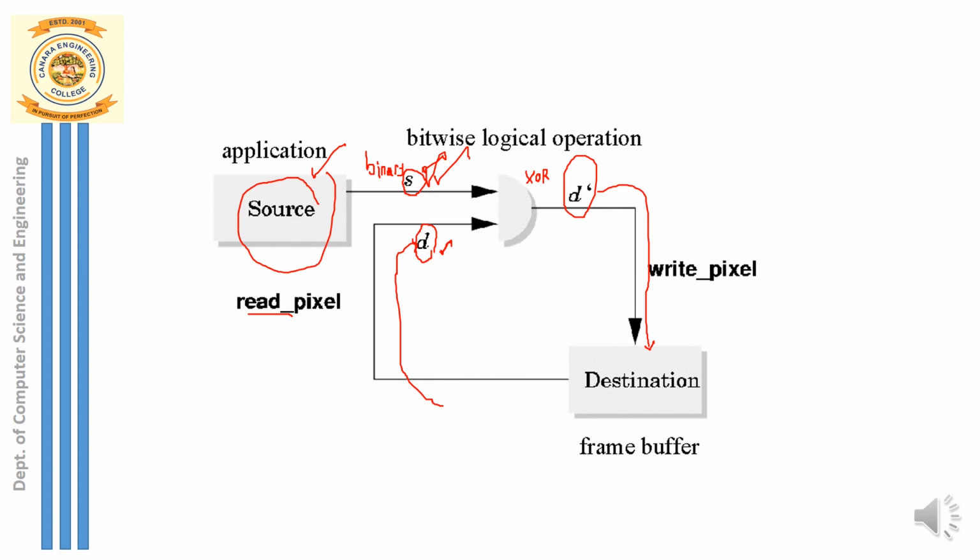So one more operation you have there, copy, right? This copy mode or replacement mode is, whatever you have in the destination, you're going to replace that with the bits that you're passing from the OpenGL program. So whatever you're passing from the source, those bits will be directly replaced with the pixels that you have in the frame buffer. So that is direct copy mode or replace.